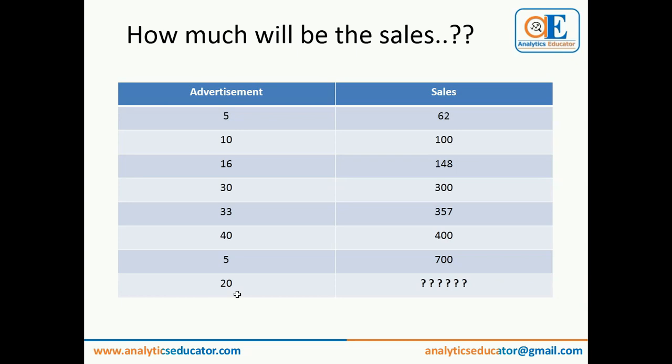What linear regression will do is, with all the data points we have, we also had a weird data point. You advertise for 5 rupees and could sell 62 units, but here you advertise for 5 rupees and could sell about 700 bottles of water. So you still have a weird thing in your data set, and we need to get rid of it. But then how do I identify it? I'll come to that.